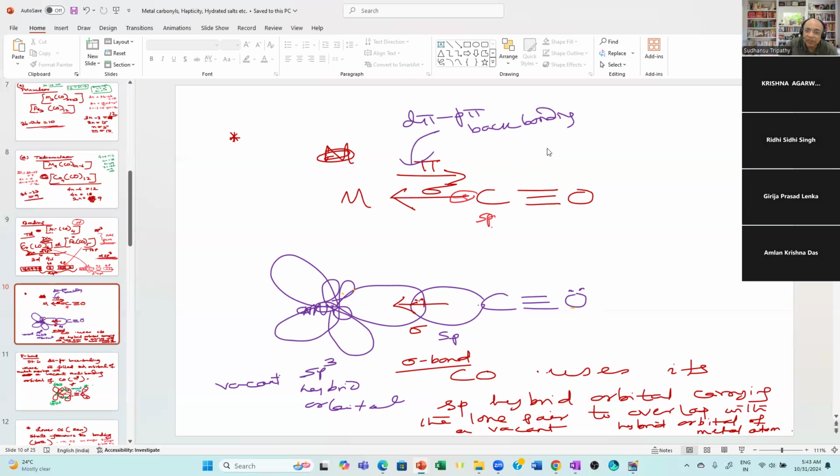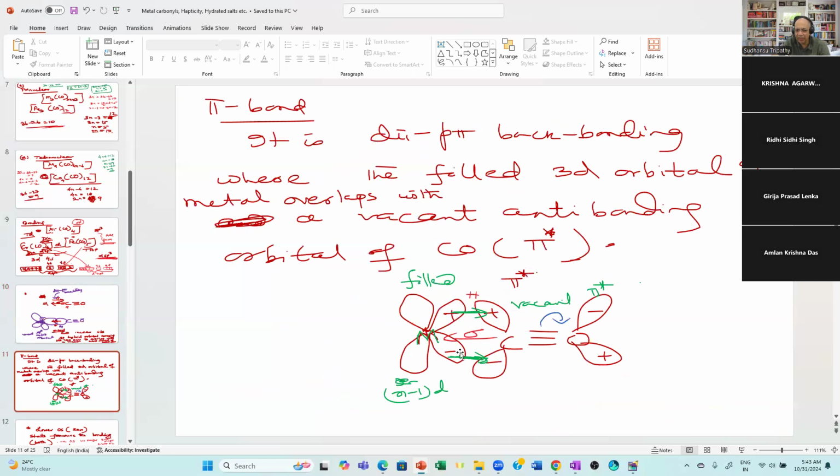To form the sigma bond. And the pi bond is the back bonding, d pi p pi back bonding, which you already know, I have explained. So this is the back bonding, this filled orbital of t2g,